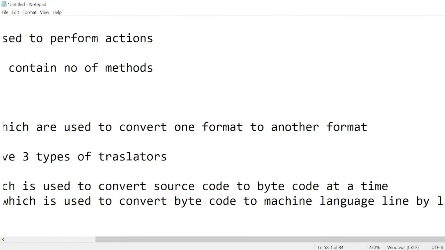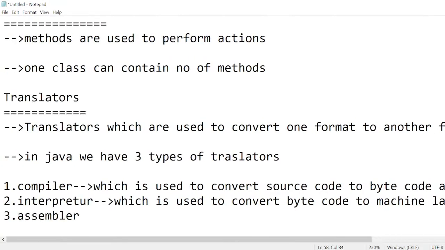I hope you guys are clear with my statements. Compiler, which is used to convert source code to byte code at a time. Interpreter, which is used to convert byte code to machine language line by line. Next we have assembler tool and assembler translator, which is used to convert